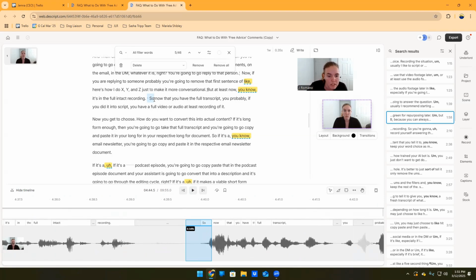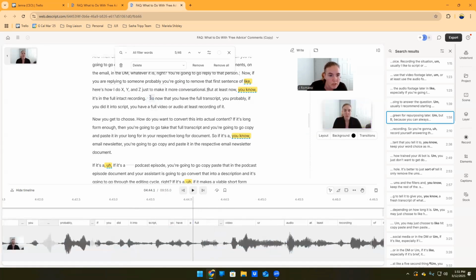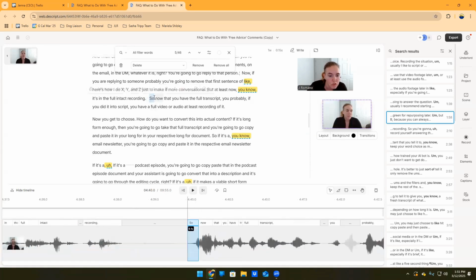But if I just see how on the timeline, it's starting off in the ellipses, but when I let go, it removes the whole gap. That tells me that if I just hit delete right now, it's going to go right in from recording into now, because you can see how much text is on this side and how much text is on this side. It's going to bleed into each other. We can't have that. So instead, what we want to do is just remove the so,